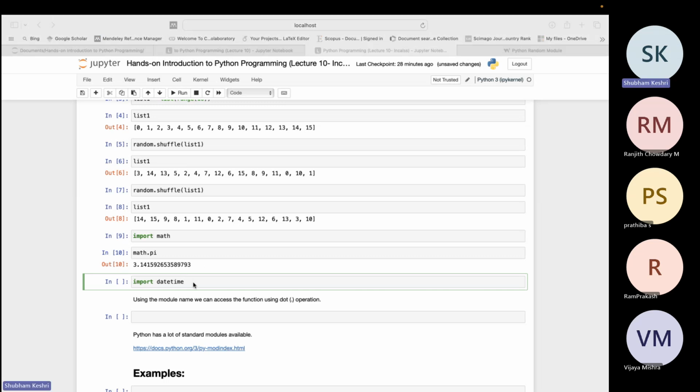Yes, so there is something called datetime. It is a module which actually gives you the current date and the current time in your code. All right, so when